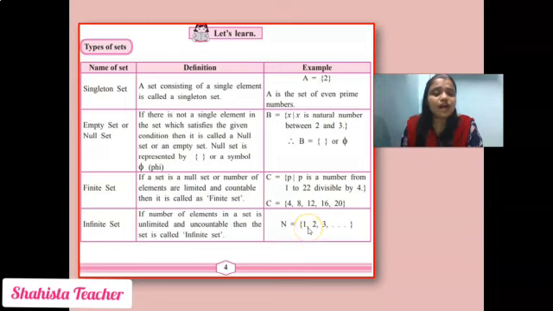See here, the last number is 20. That means it is a finite set. Why? Because there are only 5 numbers inside these curly brackets. These are all finite. But here we cannot count now: 1, 2, 3 and the numbers go on. So it is infinite. Natural numbers are an example of an infinite set.